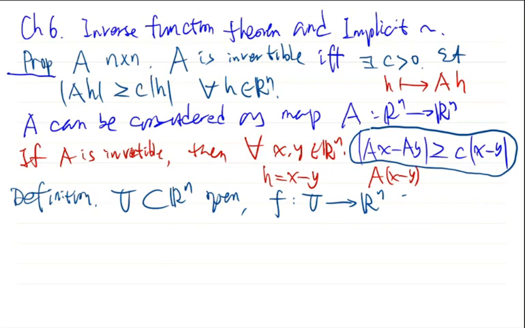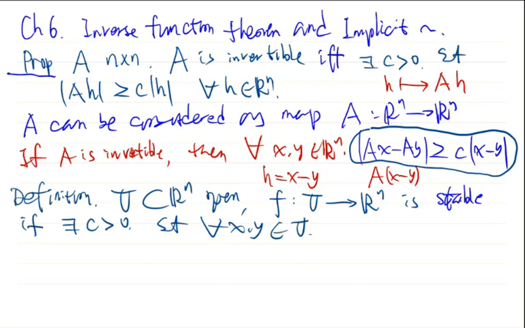We say this map is stable if it satisfies this condition: if there is a positive constant C such that for any x, y in U, the norm of F(x) minus F(y) is not less than C times the norm of x minus y. If this inequality is true for some constant C and all x, y in U, we say that the map F